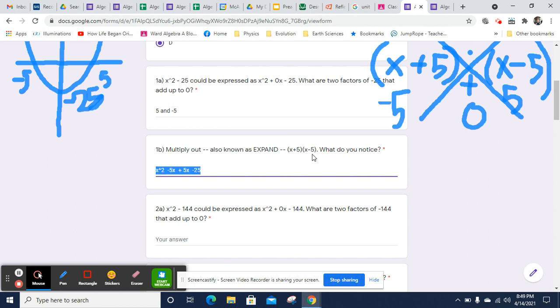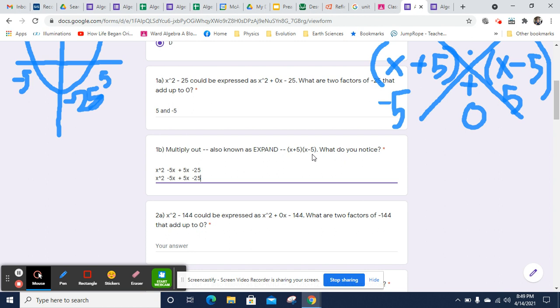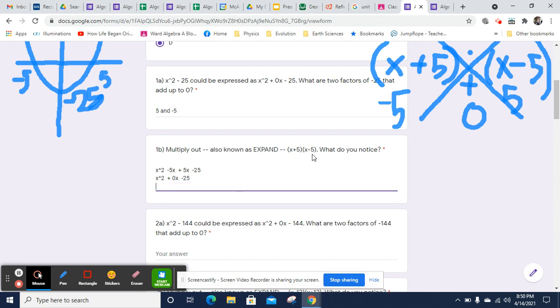And then we can put the like terms together. 5x and negative 5x are just going to be plus 0x. And who needs to write that down? That's just going to be a whole lot of nothing. So we just say x squared minus 25. So anytime you see